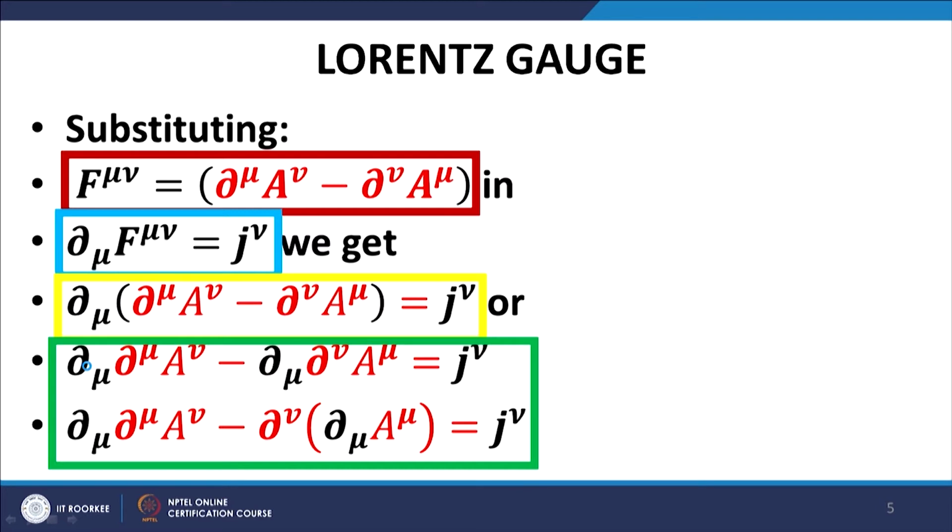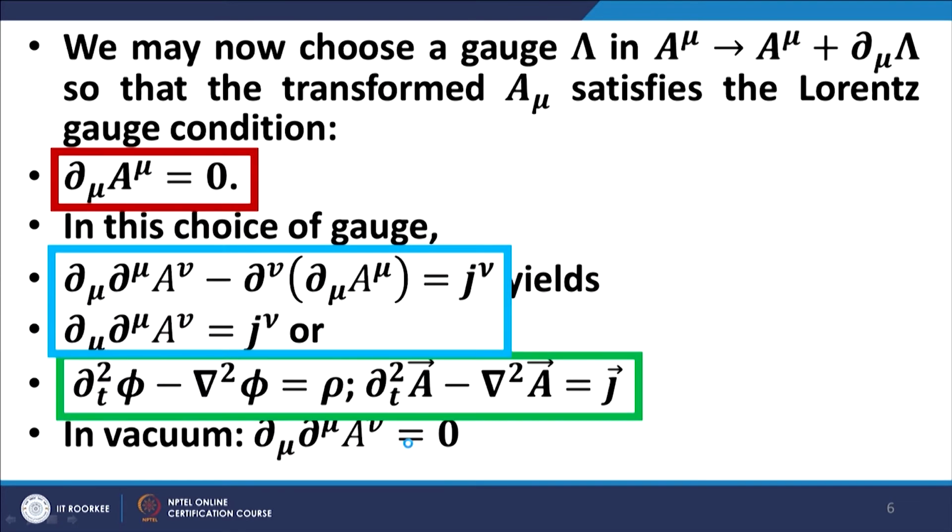One of the gauge requirements that we impose is called the Lorentz gauge. In the Lorentz gauge, we require that the expression within the curly brackets, in the green box at the bottom of the slide, should vanish. That is the requirement of the Lorentz gauge. Let us see what it implies. If we have this requirement, in the red box here, what we end up with, after simple algebraic manipulations, is the expression in the green box at the bottom of the slide. And for the vacuum, we have an expression of the form box of A nu is equal to 0.